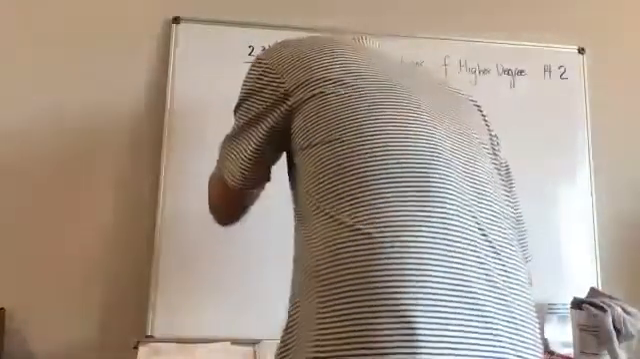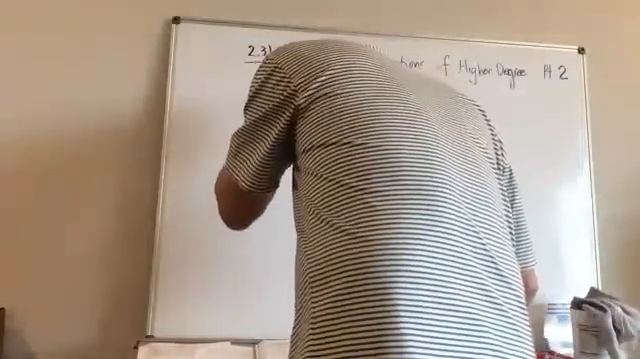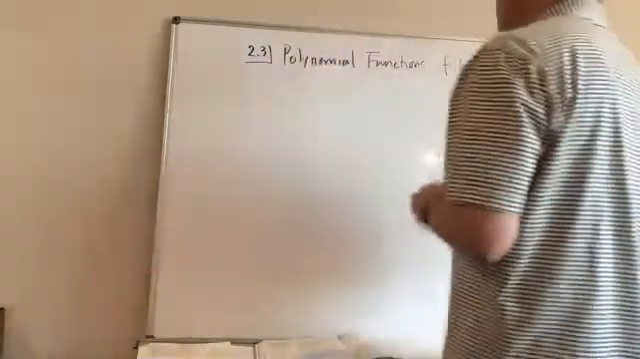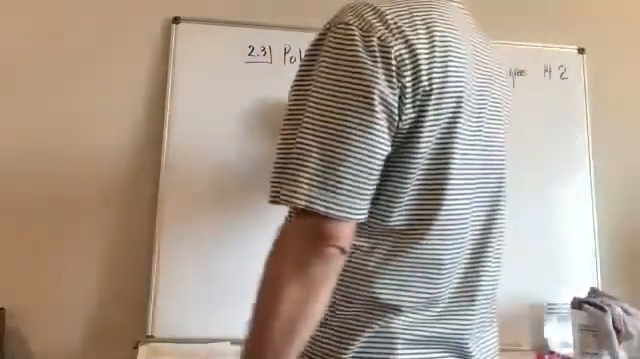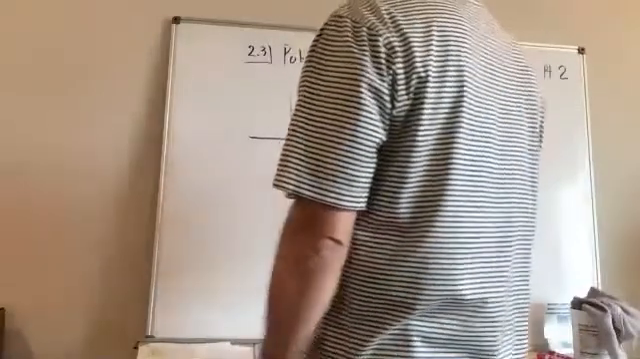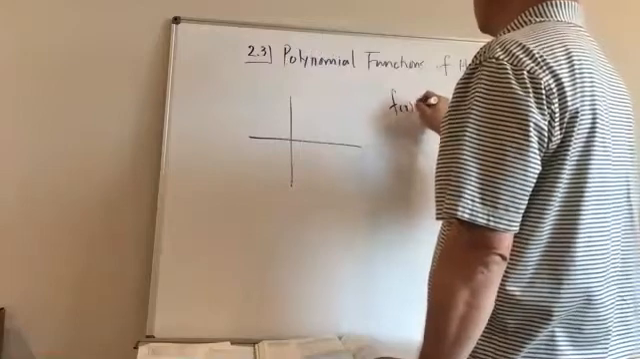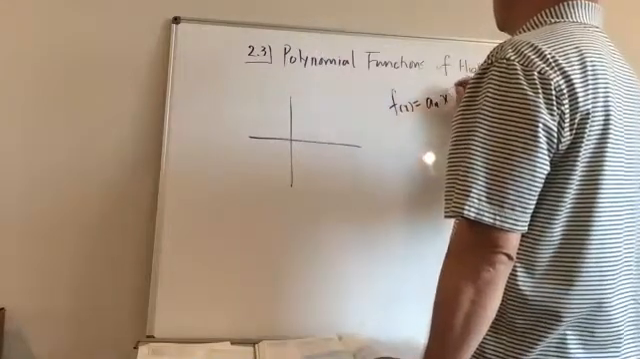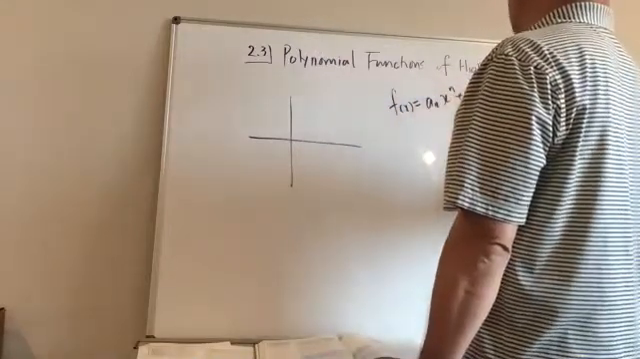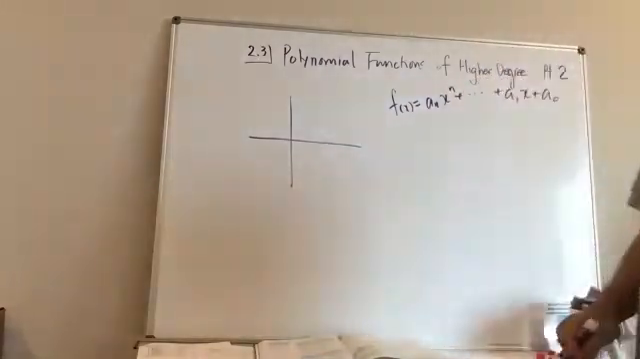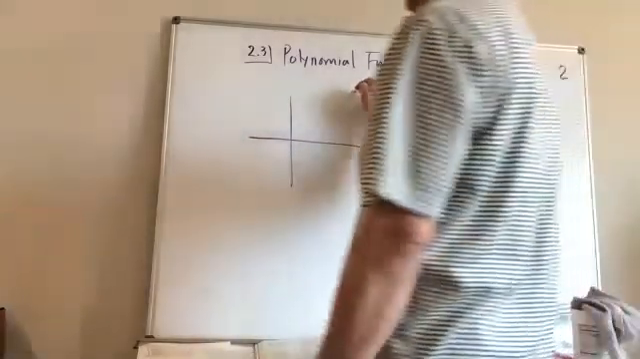Okay, explain why a polynomial function of odd degree has at least one zero. Okay, so if I have an odd degree polynomial,